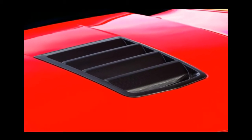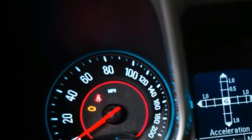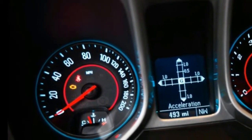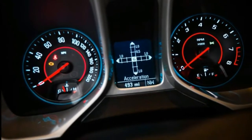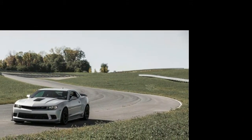There are, of course, stiffer springs and bushings, and the downsized wheels allowed engineers to drop the center of gravity by 1.3 inches and use smaller and lighter anti-roll bars. The cornerstones of the suspension are spool valve dampers, a technology used by Red Bull Racing as it claimed four Formula One championships between 2010 and 2013. Until now, the closest these shocks have come to a production car is Aston Martin's